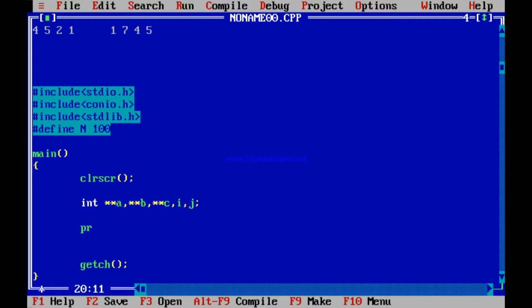So, first is printf, enter the number of rows and columns. So, after writing enter the number of rows and columns, you will do like this. So, scanf, you will go for a scanf definitely, but firstly A is a pointer to a pointer. So, firstly the mallocs need to be done.